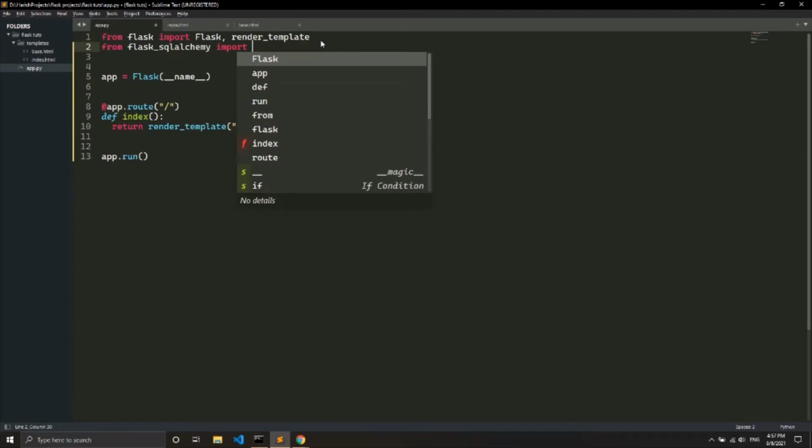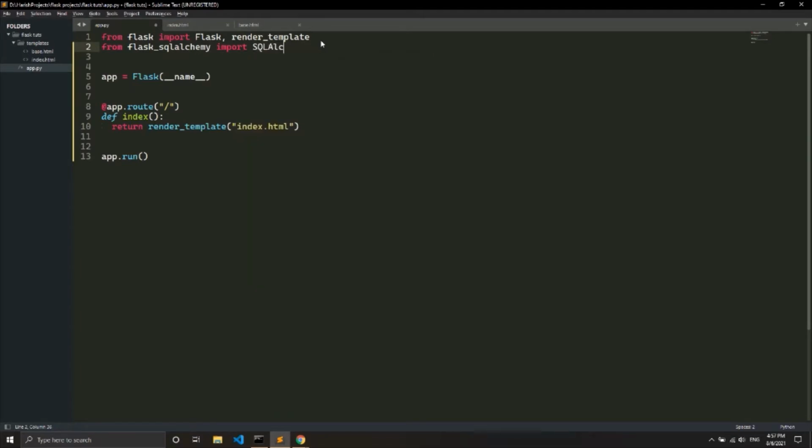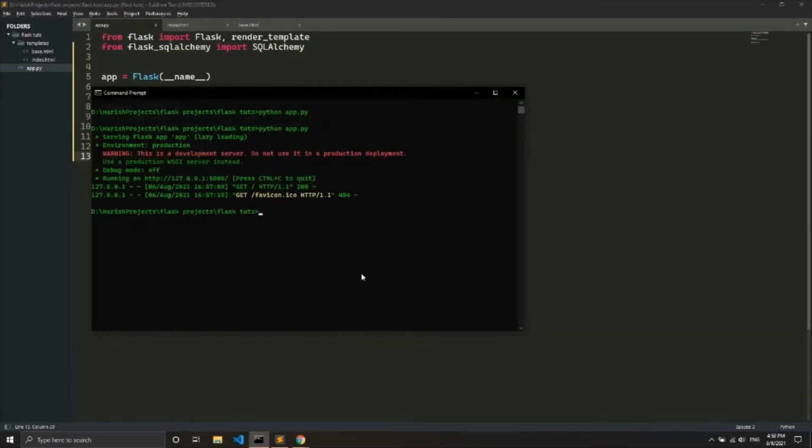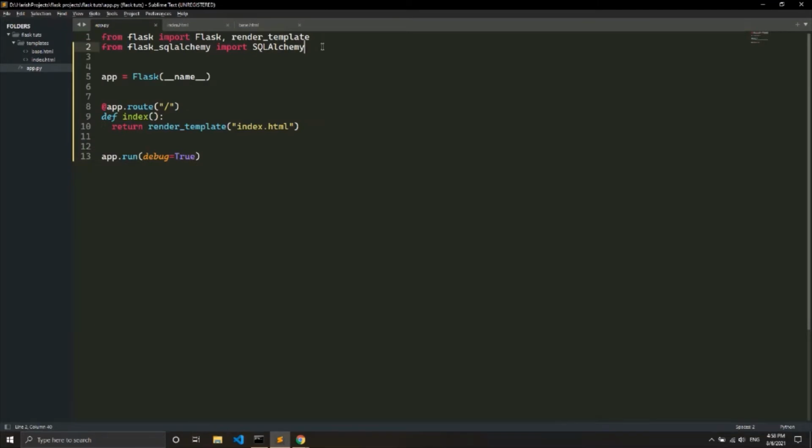I will import the SQLAlchemy class. And here in app.run, we have to set debug to true as we are in a development environment, and it will help our work go faster. So rerun the server, debug mode on, and see that all the imports have worked properly here.